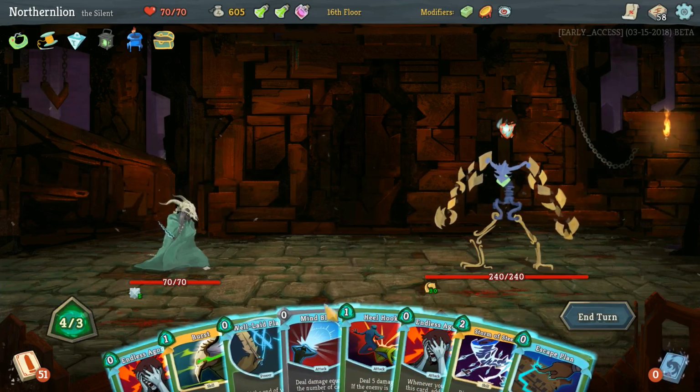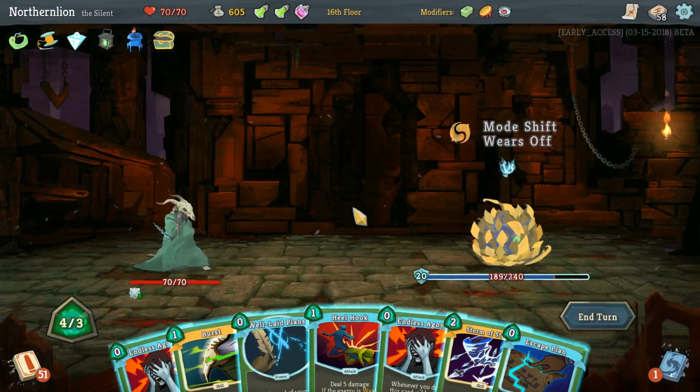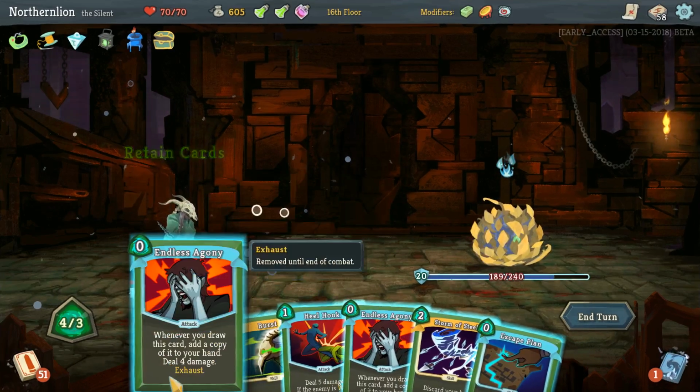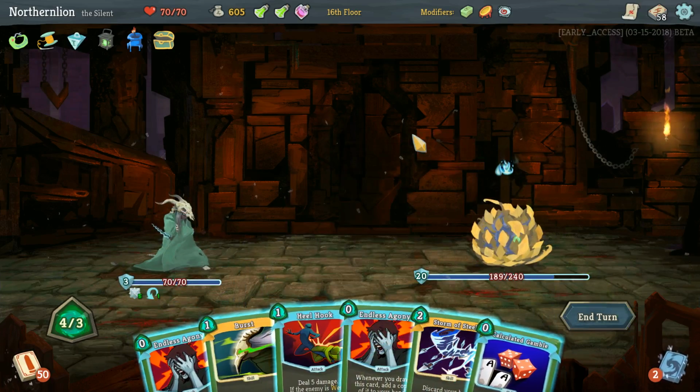Oh my god, dude. An early Mind Blast. You are way too good to me. Now what do you do? Having well-laid plans around is nice. Dude, let Endless Agony go into the deck, I think. Oh. I mean, Storm of Steel could do some damage, but...